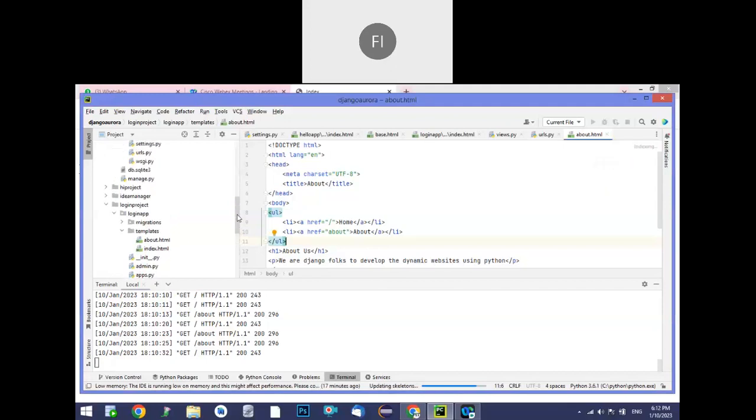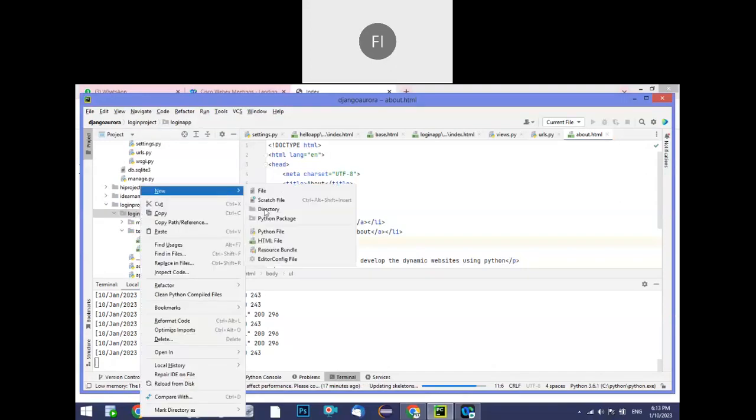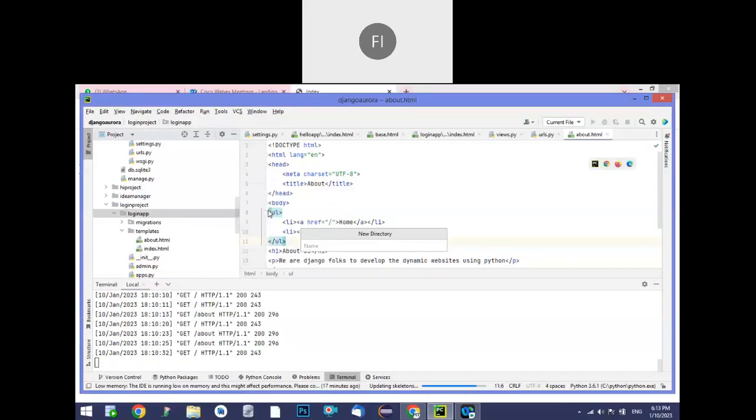Yeah, I hope you understand up to here. So now see, if I want to add an image into the home page, as a simple example I will tell you. If I want to add any images into the web page, there is a process we have to follow. First of all, in the same application in which you want to add the image,